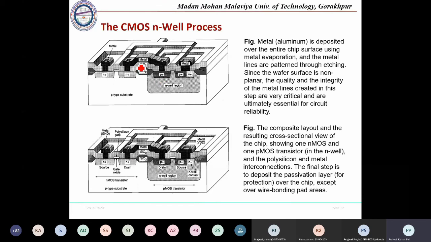Once we have deposited the polysilicon, we will be providing metal to make the contact. Once we make the contact, we will be etching out, and the drains of the two sides will be connected to each other, and the source will be on the other side, and the gate will be connected by using the polysilicon. Okay, so this will be the polysilicon gate. So this is how a single substrate can be used to design an NMOS transistor and a PMOS transistor. Okay. So this is how we can fabricate CMOS.